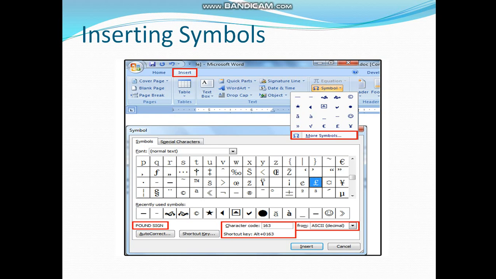You will see various symbols and more symbols can be inserted by using the More Symbols option. When you click on More Symbols, a dialog box will appear, and from this you can select your desired symbol and click on the Insert button as shown in the image.